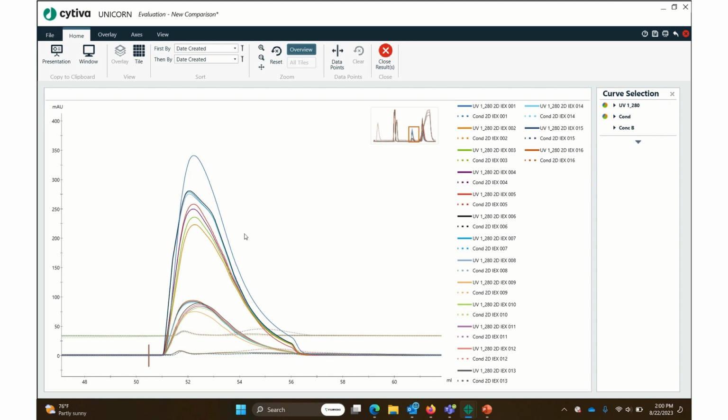which might tell us that with however much I was loading on here, we're probably overloading it a little bit. I think, let's see here, I was running about 4 to 6 milligrams for each run, so that kind of tells us something. All right,